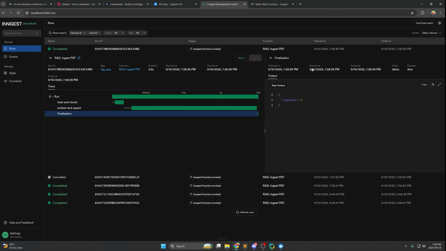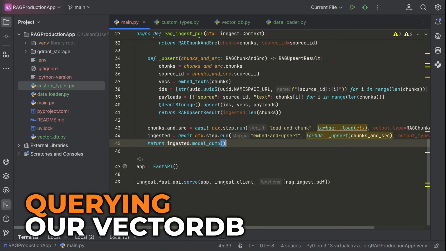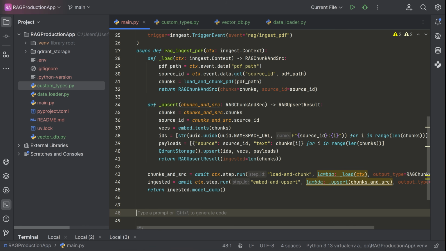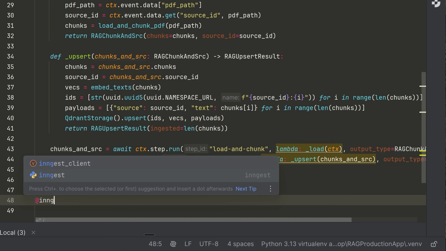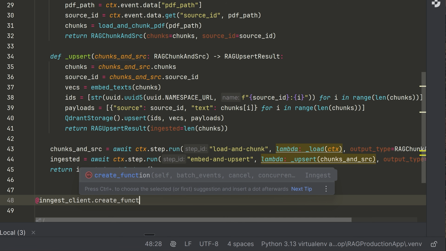Cool. So that's also just a really nice way to test this, right, from this UI rather than having to make the front end. So what I'm going to do now is move on to the next function, which is going to allow us to actually query our PDFs, right? So let's make another ingest function. So here we're going to say at ingest, and then this is going to be underscore client dot create underscore